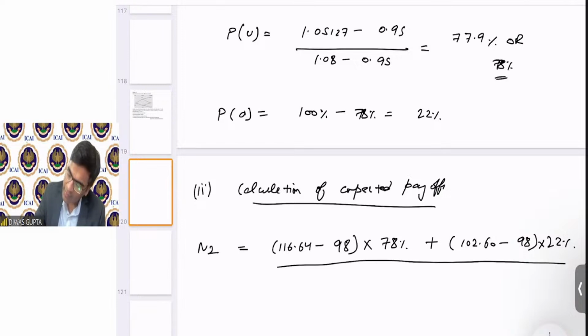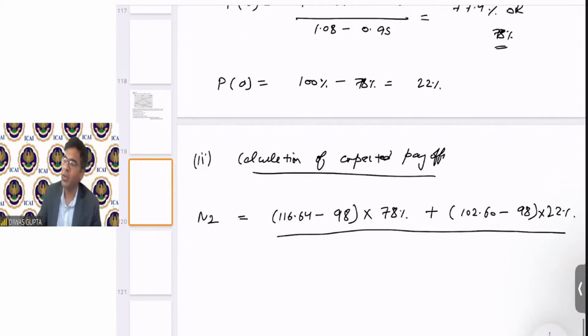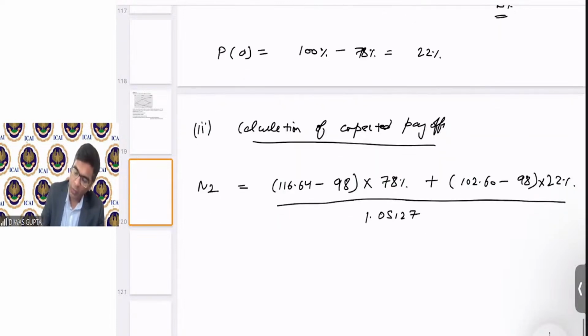This whole divided by the present value, right? Which is 1.05127. The e raised to the power 0.05, right, students? Which is equal to this. So N2 becomes